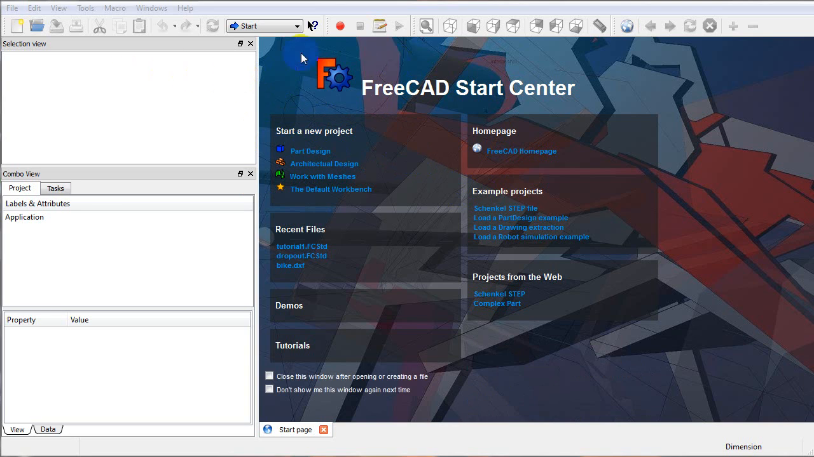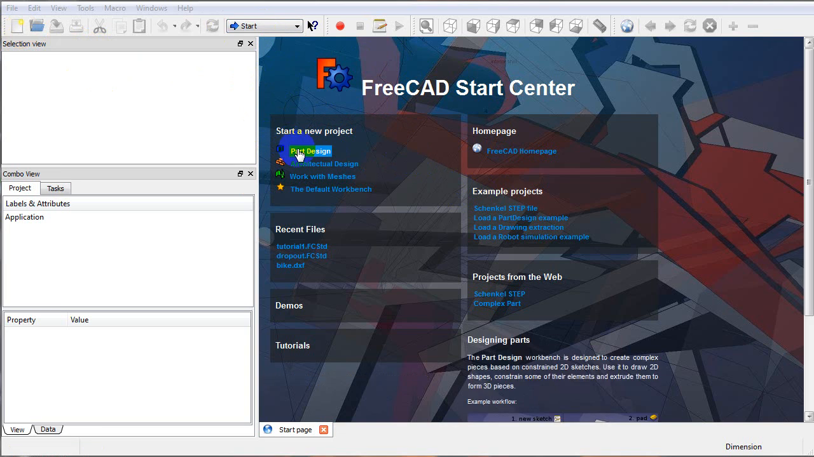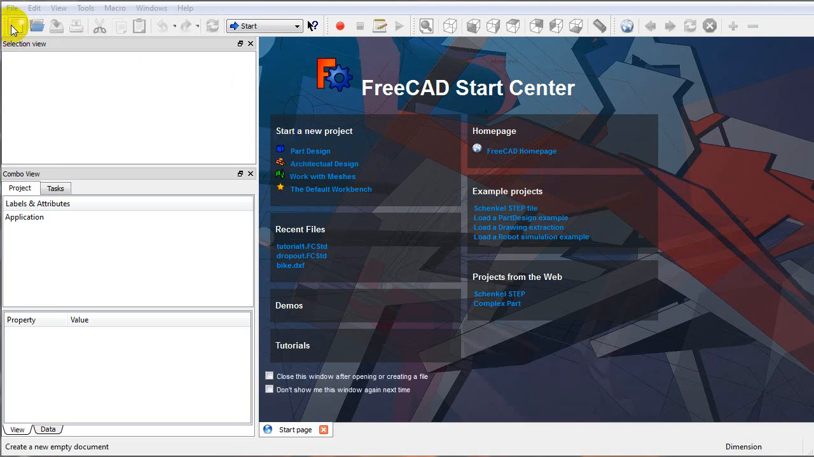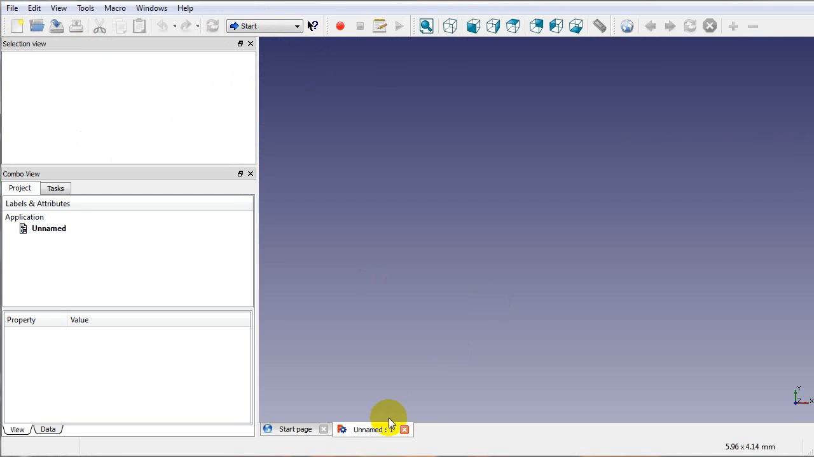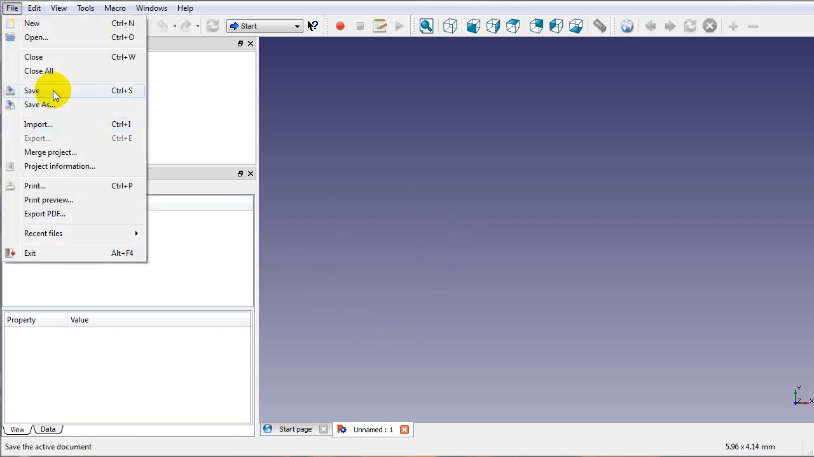So what you're going to want to do is go ahead and, on the left hand side, you can click this or the Part Design down here where it says start a new project, but let's click this on the left because you'll notice that there's a tab. The tab that comes up is just unnamed. So we're going to start by naming it, and you do that by saving the project. So we'll save